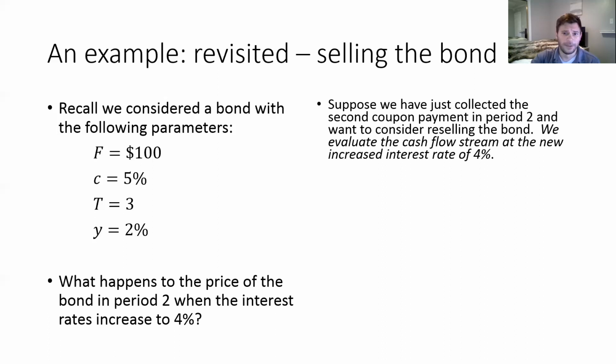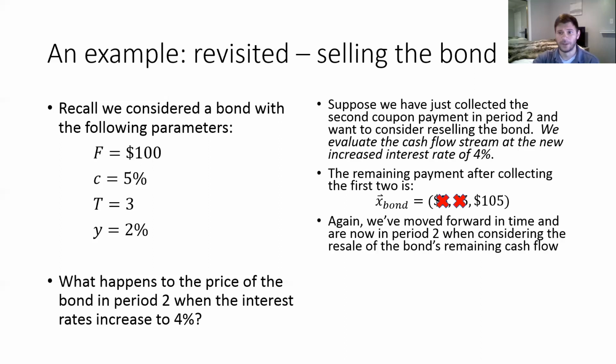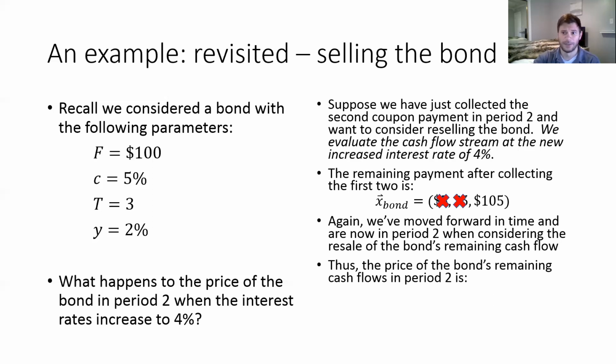So we're going to again be in this framework where we've just collected our second coupon payment, but now we're going to evaluate the cash flow stream at the new going market interest rate of 4%. So our original yield no longer applies. The interest rates have changed. And again, the remaining payment after collecting the first 2 is still that $105 payment. We're now taking, again, the perspective that we're standing in period 2. So after just collecting that second payment, if the interest rates had changed between period 2 and the end, up to 4%,